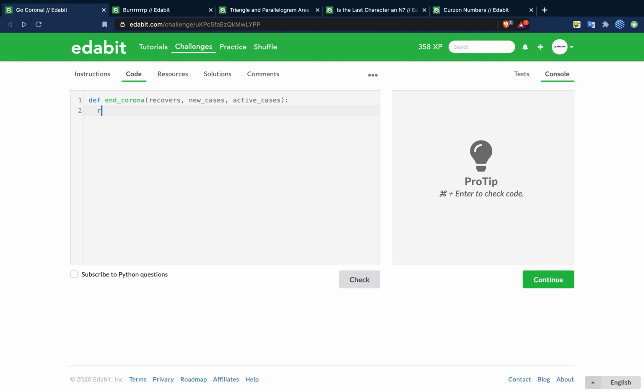create a new variable, which is recovered daily equals recovers subtracted by new cases, and then you can print recovered daily. And the reason I print it is because it becomes a lot easier